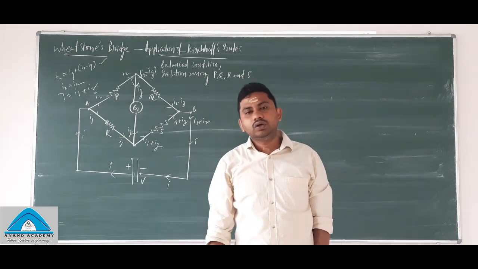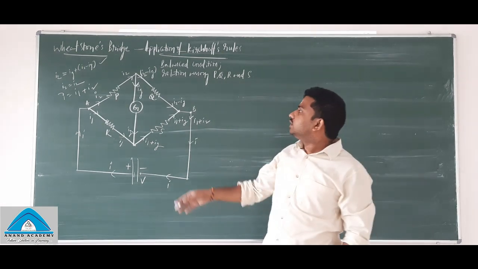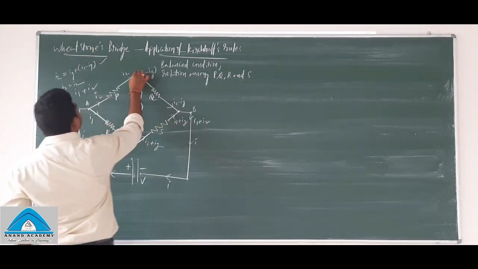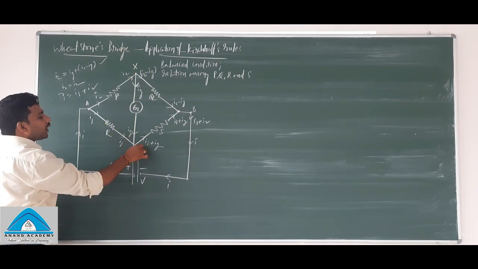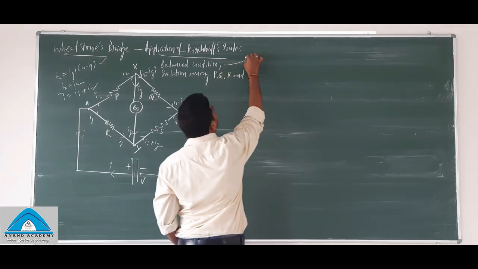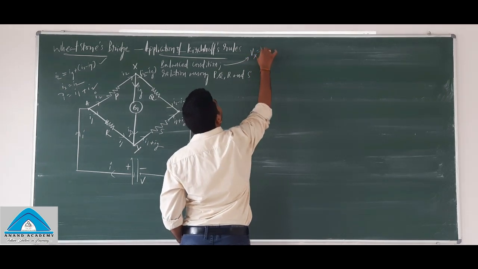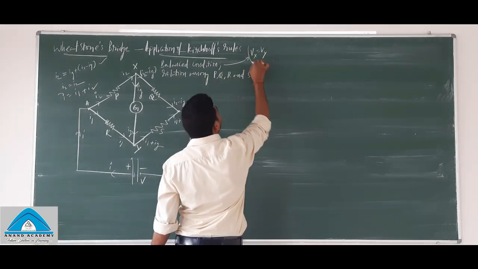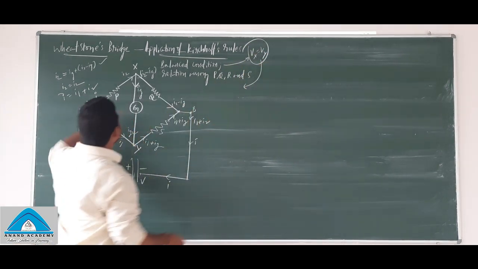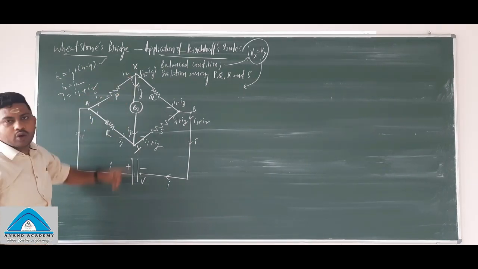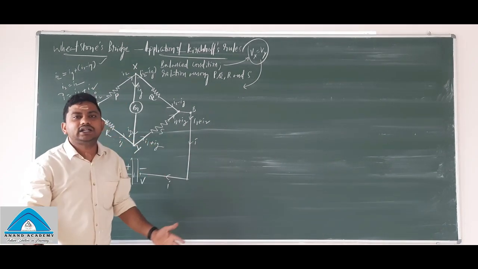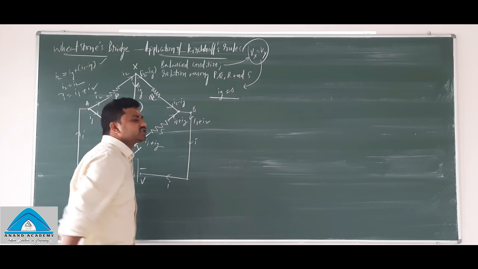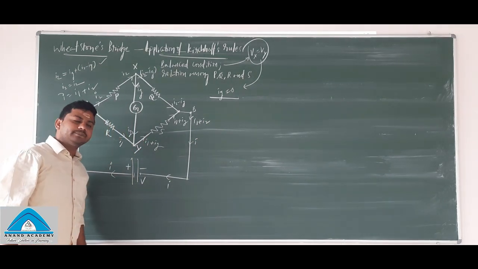Now the concept is, in a balanced condition, the relation among resistances P, Q, R, S. You know, in a balanced condition, there won't be any current passing through the galvanometer. So this is the point X, and this is the point Y. In a balanced condition, the potential at point X is equal to the potential at point Y. So when Vx is equal to Vy, there won't be a potential difference between these two points. When there is no potential difference, no current will pass through this galvanometer. So I can directly say Ig is equal to 0. Clear?